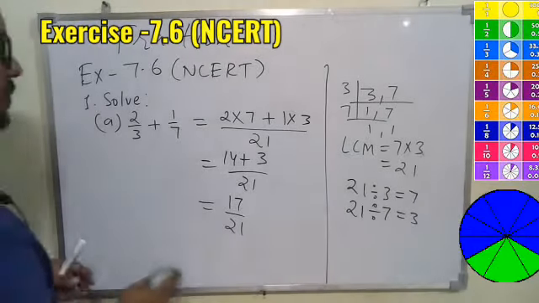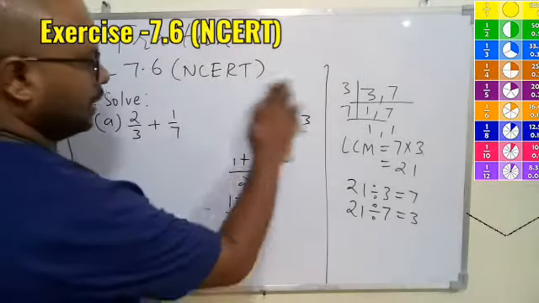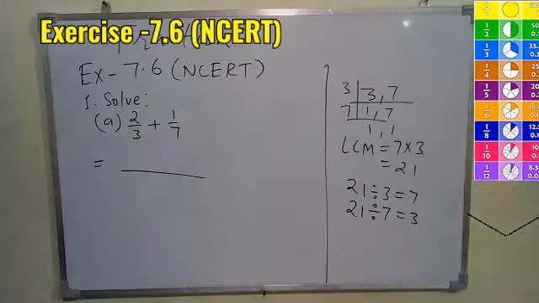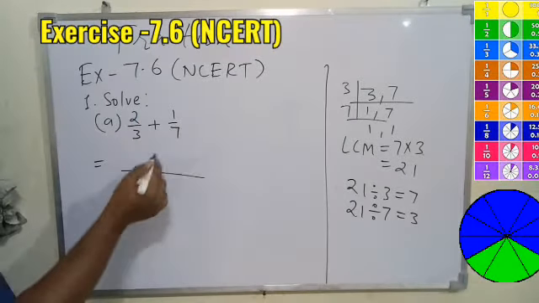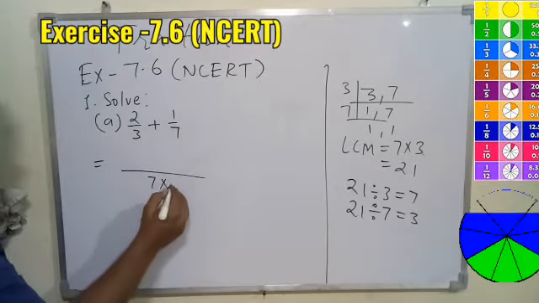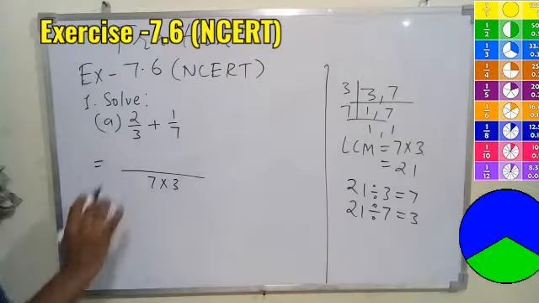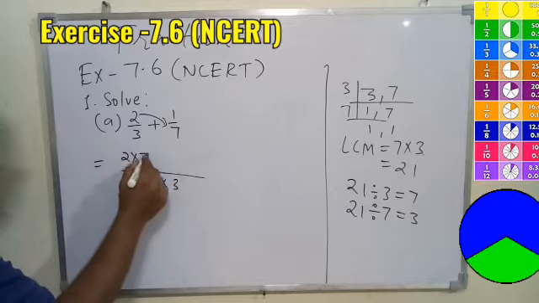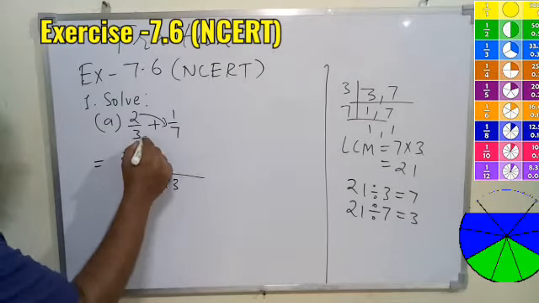So this is one thing. And I am telling you one shortcut also. If you don't want to go for a very long process, directly multiply these two numbers. 7 into 3, how much? 21. Now you do the cross multiplication. That is 2 multiply with 7, plus will be plus, and 3 with 1.